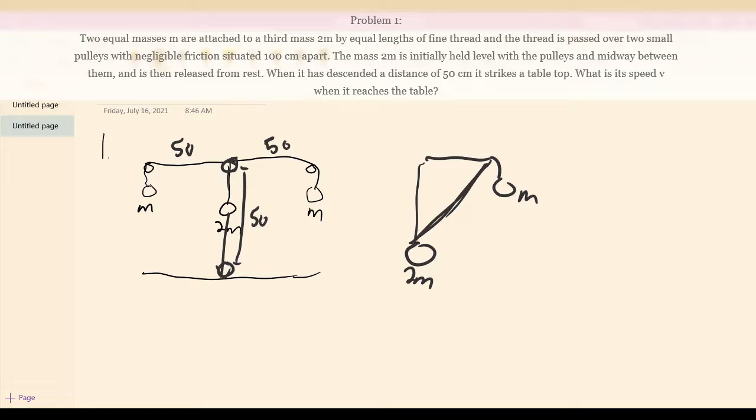This diagonal is what the rope looks like now, while this horizontal part is what the rope looked like before. Since these sides are both 50 centimeters, this diagonal is 50 root 2 centimeters. So the difference in the rope length is 50 times (square root 2 minus 1) centimeters, which is also